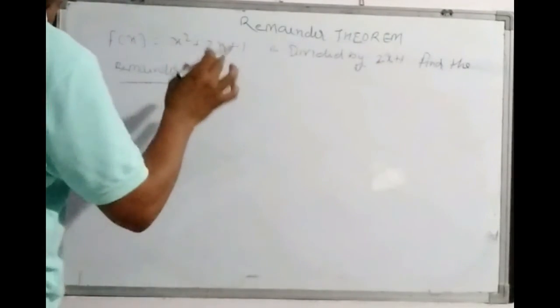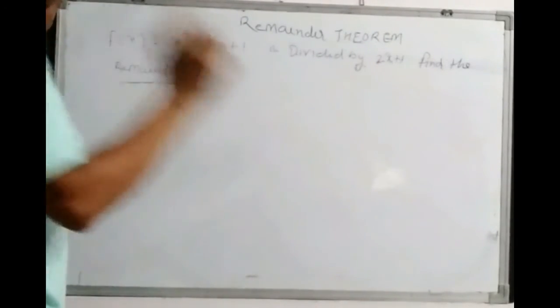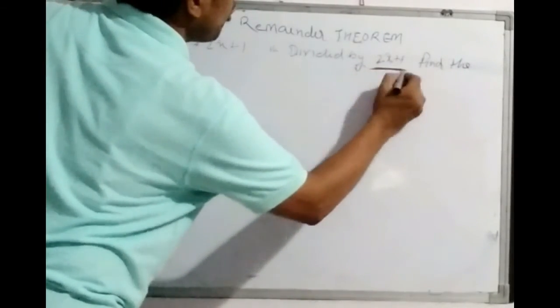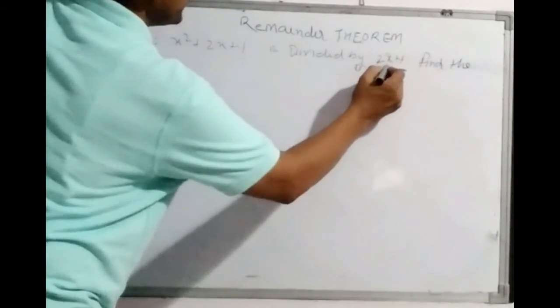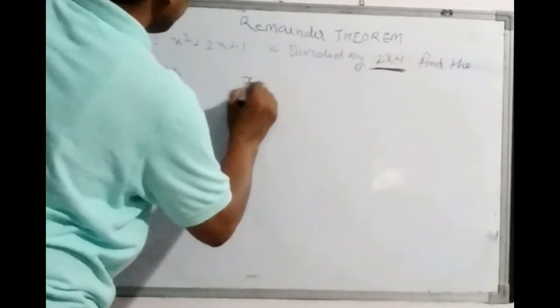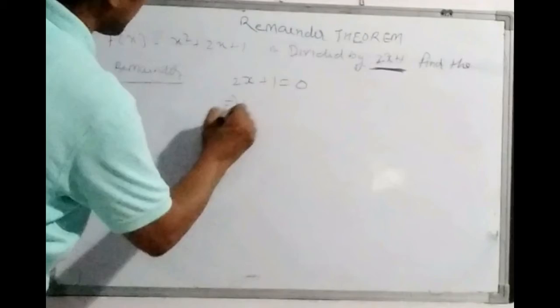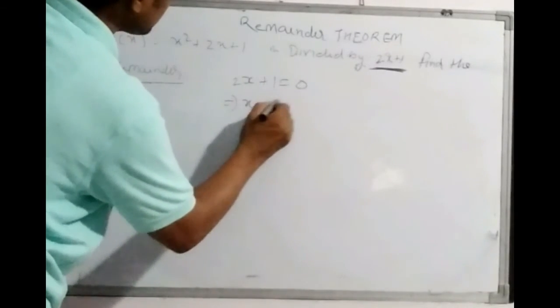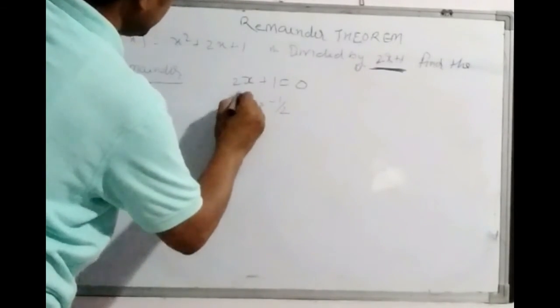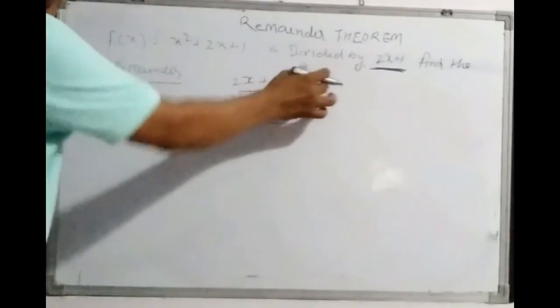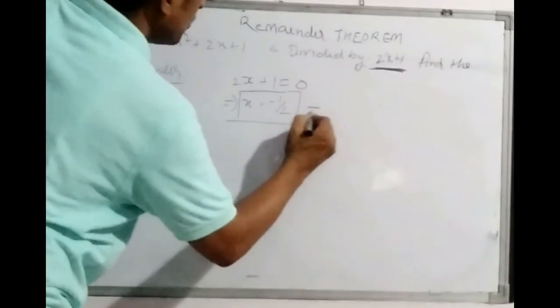So first of all I have to find the value of a. So what is the value of a? a is 0 of this polynomial. How to find 0 of this polynomial? Simply place it equal to 0. So what I will get? This implies x is equal to minus 1 upon 2. ये x is equal to minus 1 upon 2, इसका एक 0 है इस पोलिनोमियल का. सो दिस इज इक्वल टू a.